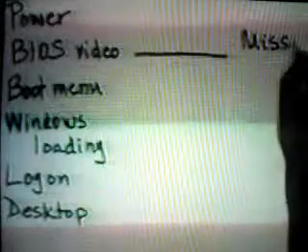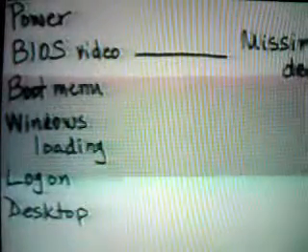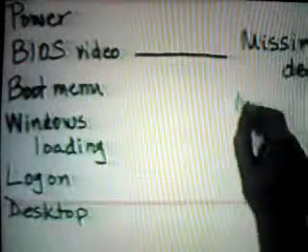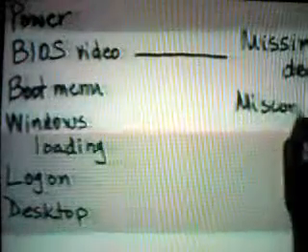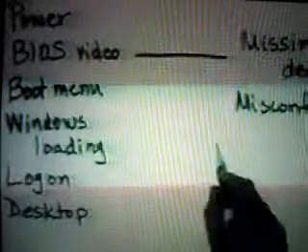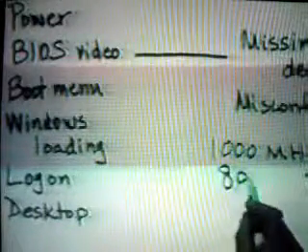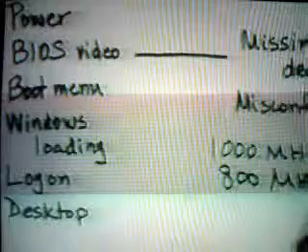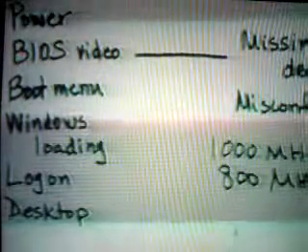Errors that occur at this point are related to the BIOS. Common problems you might see are missing devices. Or you might see devices that are misconfigured. So for instance, you may have a CPU that is rated at 1000 megahertz, but when the BIOS loads, you see that it is really operating at 800 megahertz. Or perhaps the BIOS will actually show you an error